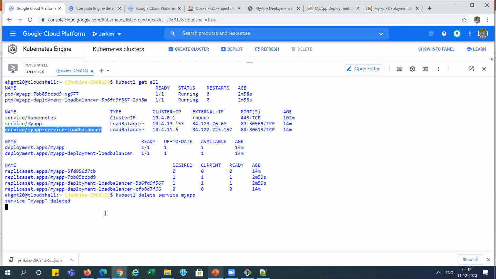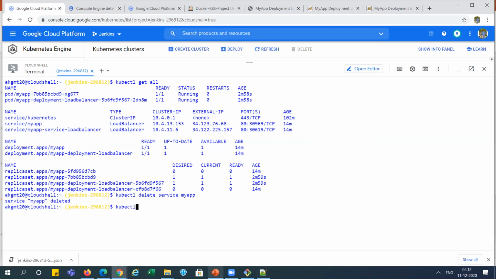This service is using the external IP, so it will take some time to delete it, because external IP generation also takes some time. So for this reason, it is taking some time. Yeah, it's done.